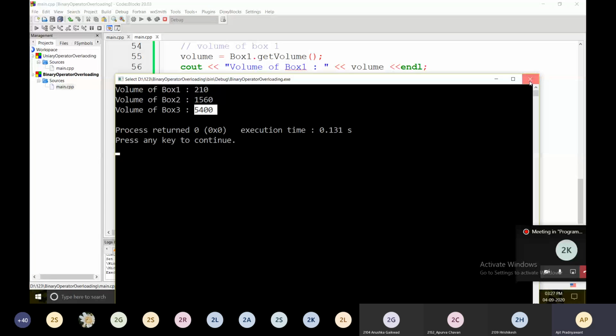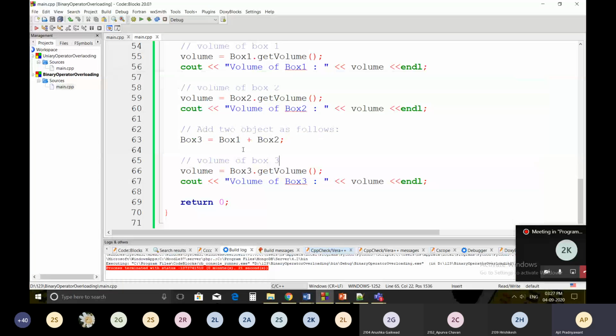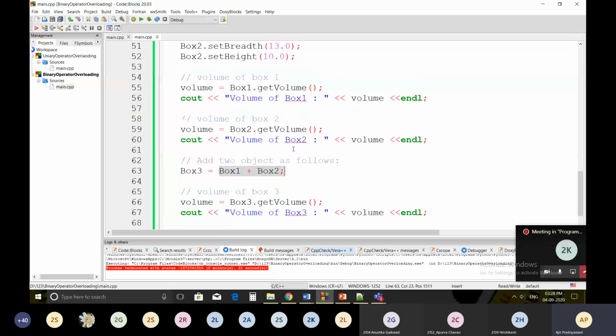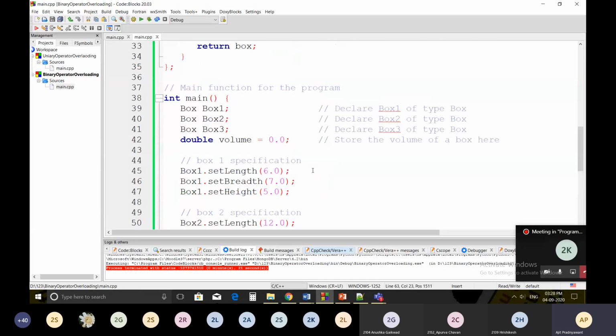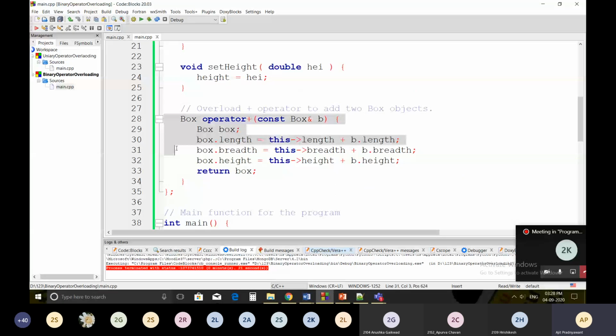So for Box3, what we have done here is we have just added the values of Box1 and Box2. And when you do this, the compiler will come to this statement and invoke this operator overloaded function. And this is called binary operator overloading.